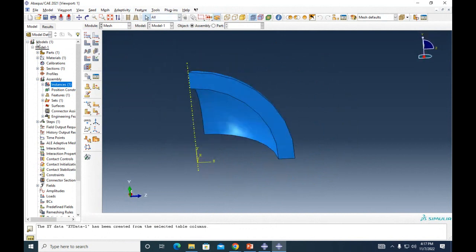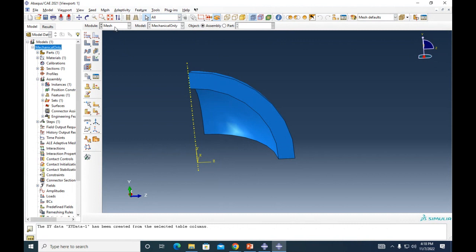So I'm gonna go here. Actually, let me do something. I'm gonna rename this model. So this is gonna be mechanical only. That's gonna make sense in a little bit because we are gonna do incremental steps. First, we are gonna do a mechanical analysis, which is only applying pressures, and then we're gonna add some temperature boundary conditions to our model.